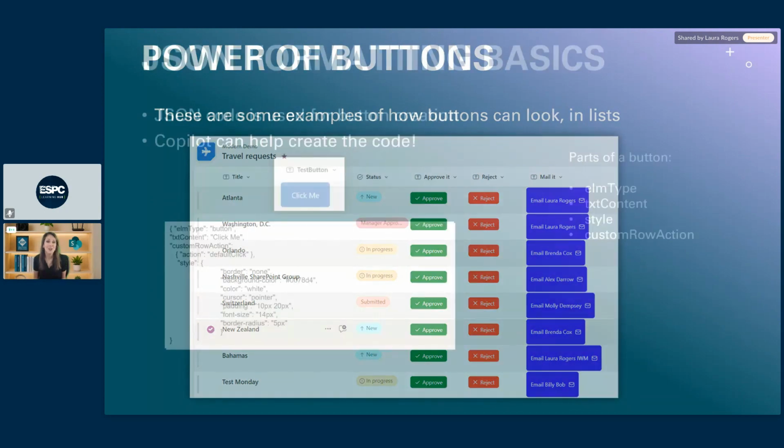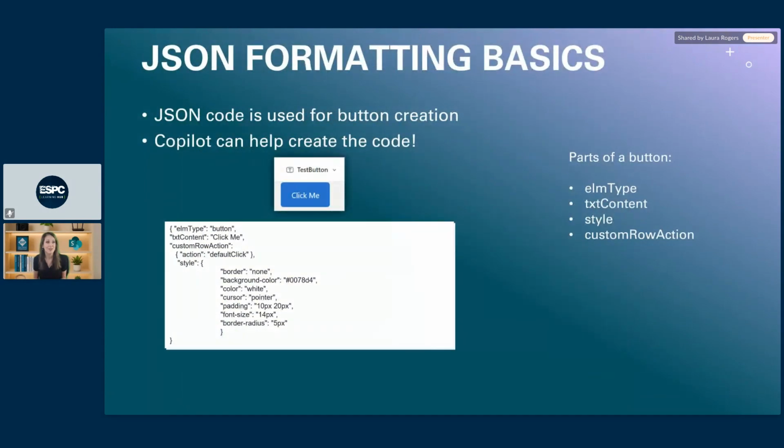Now, when we start formatting with JSON, creating these buttons, there are just some basic concepts that I'm going to go over to understand what all these pieces mean. So if you find some code online that you're copying and pasting in, or if you're getting Copilot to generate it, you'll be able to look at it and find these little pieces and maybe do some fine tuning if you need to.